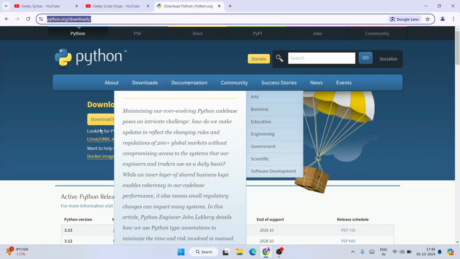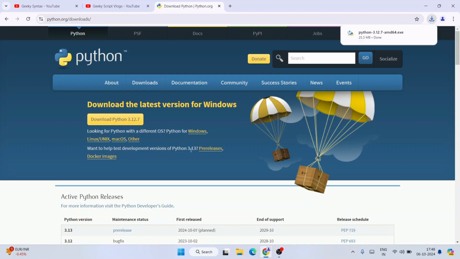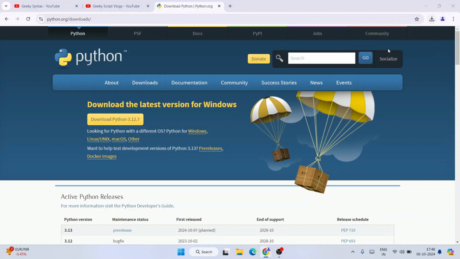Once you are here, you will see that the latest version of Python, version 3.12.7, is available to download. For Windows, you need to simply click on this download button and immediately it's going to start downloading Python. If you are using some other operating system like Linux or macOS, you can do that also. You just need to click on all these different links. For Windows, you can see this file is already downloaded. Just simply click on the exe